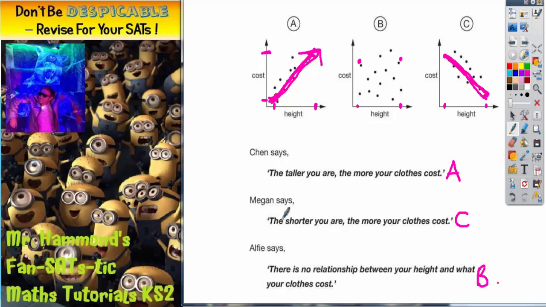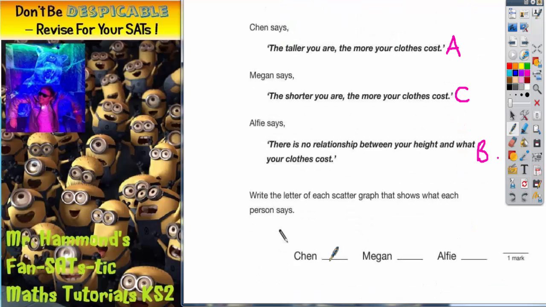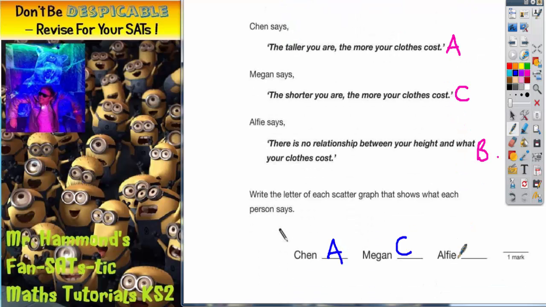Megan here is showing negative, so the shorter you are, the more your clothes cost. So as your height gets less, your clothes cost more. So this one, we're looking at a negative line here. As your height is shorter, your cost is going up. So if we answer the question then, Chen says A, Megan says C, and Alfie says